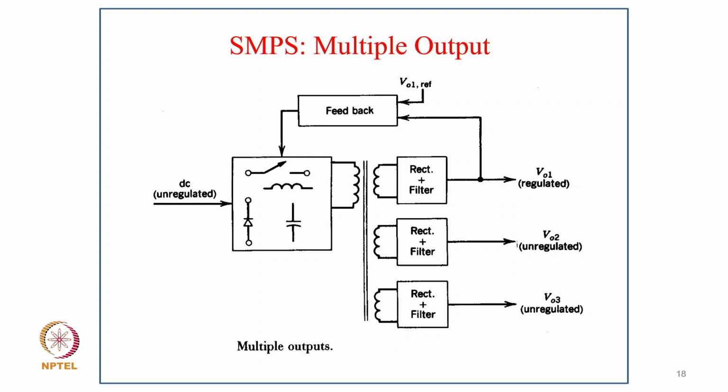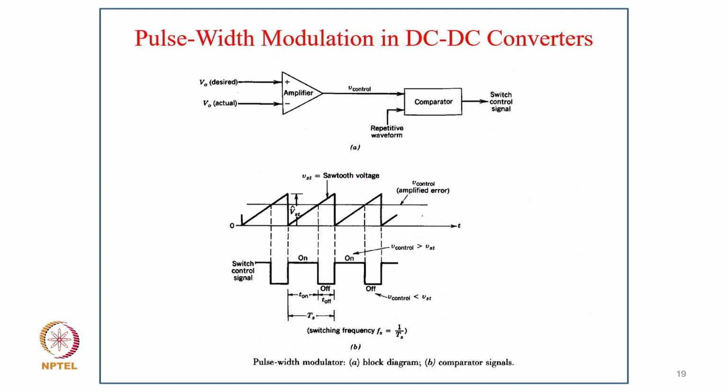Right? But we can regulate precisely, typically, only one voltage, which is normally the most delicate, like in a computer supply, which is normally 3.3 volt, which goes to the processor. And of course, because of the turns ratio, the other voltages are regulated also within a certain range. Only a minor change in the voltage may be there because of the loading condition. Otherwise, they are designed for a precise output voltage. So that's the concept of how we get multiple outputs in this switch mode power supply.